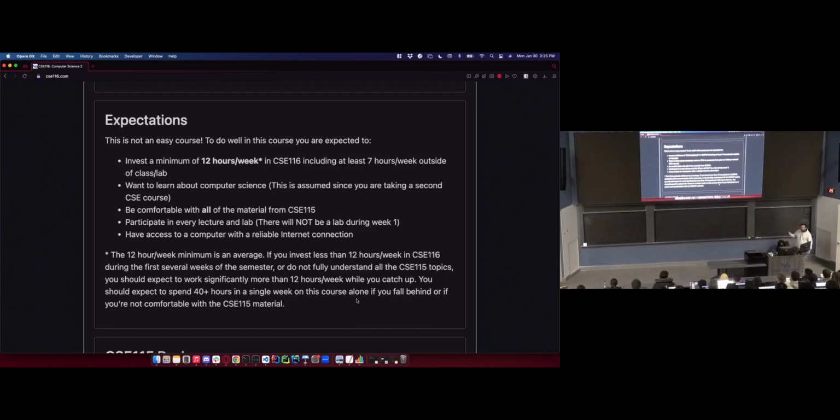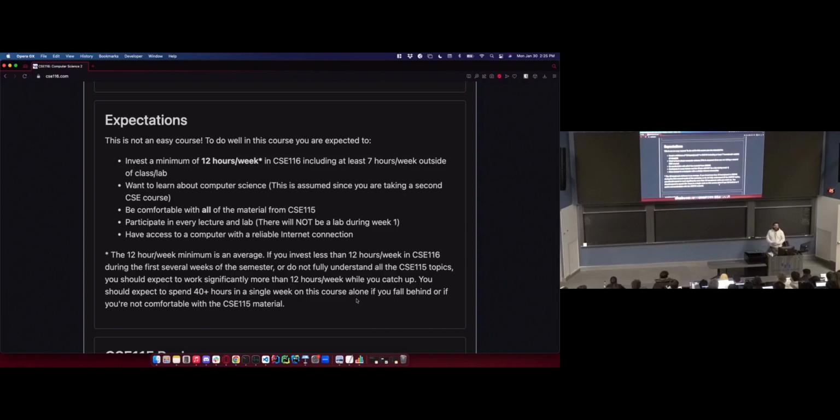So Professor Hertz, Dr. Hertz, I don't know if he goes just by Matt, if he goes with the less formality. Anyway, he's run the data on this, and the data shows, I feel weird saying that, but the data does show anyone who gets less than a B plus in 115 has a significantly higher failure rate in 116. So if you just squeak by 115, especially if you're in like the C range, but even if you're in the B range of 115,